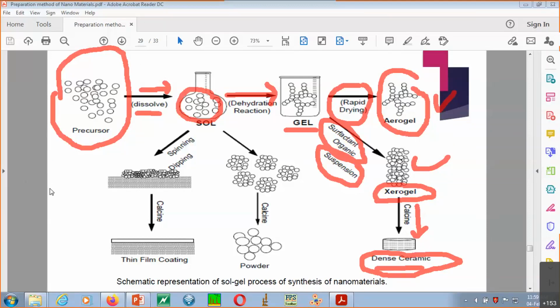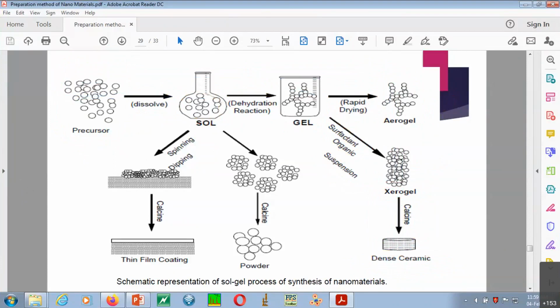Let me change the color. If I follow from this to this route, that means I am creating the dense ceramic materials up to here. और ये थोड़ा सा और divert है, मैं इसको यहाँ से ये कर देता हूँ. This will be good. मैं इसको clean ही कर देता हूँ. I hope ये clear है, right? ये वाला route follow करूँ तो I will get this one. Now coming to the second route.